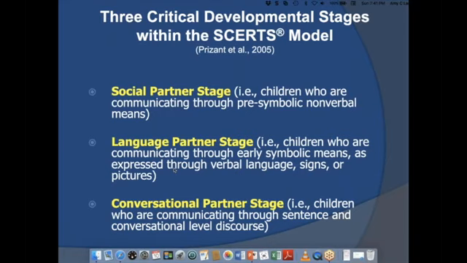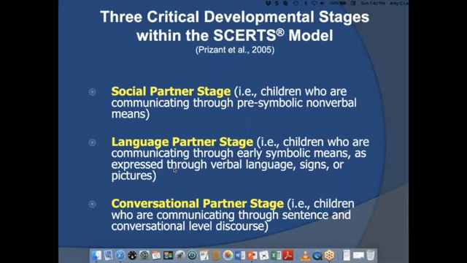Our language partners are children who do have some symbolic capacity. And when I say symbolic capacity, that means they know something represents something else. Something can stand for something. So they may use a picture symbol. They might use some basic signs. They can maybe use a spoken word or some augmentative system like a Big Mac switch or a GoTalk. Our language partners are children who have representation. We consider them to be emerging language kiddos. And as such, within the model, we would say children who have vocabularies up to about 100 words.